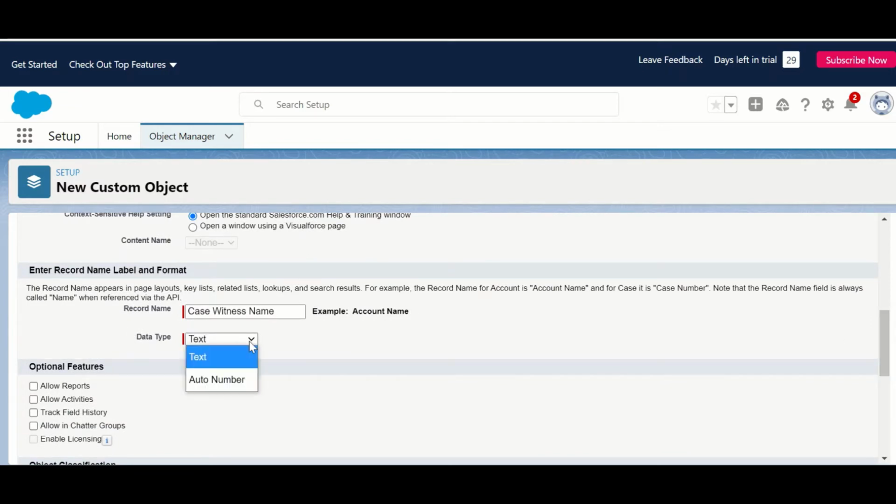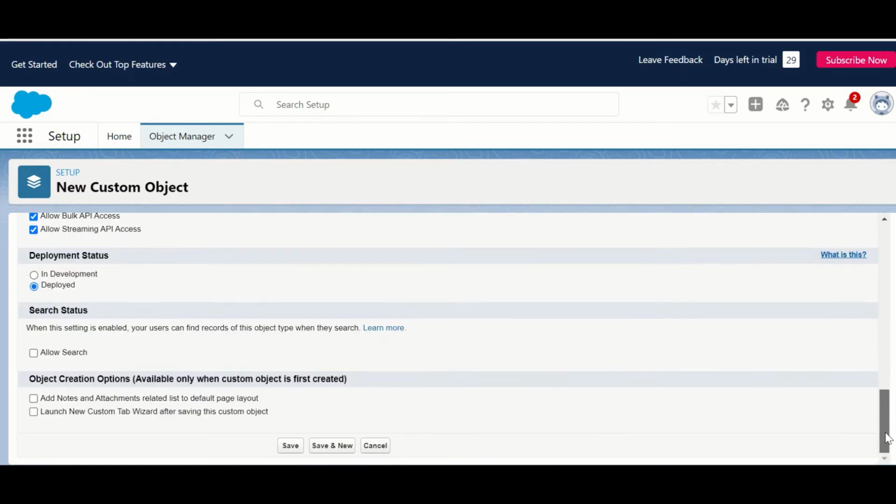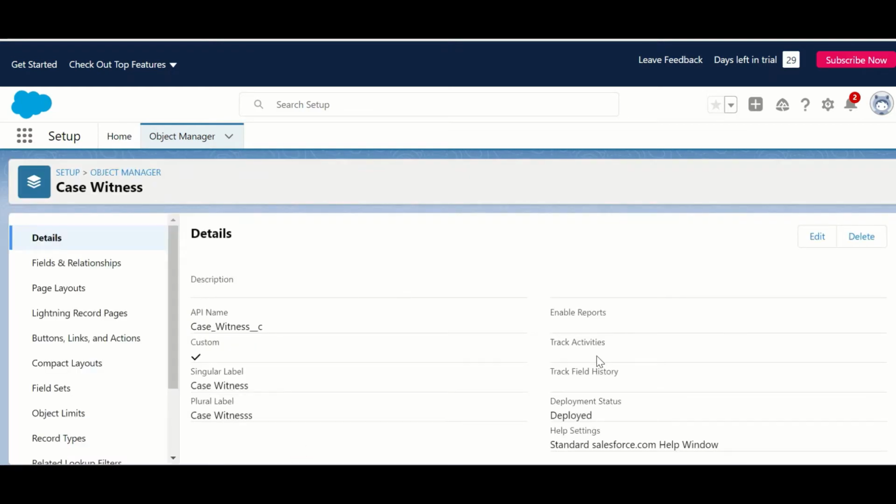Select the record name as auto number. So display format, just copy this. Start with number one. Save. So now we have created this custom object.